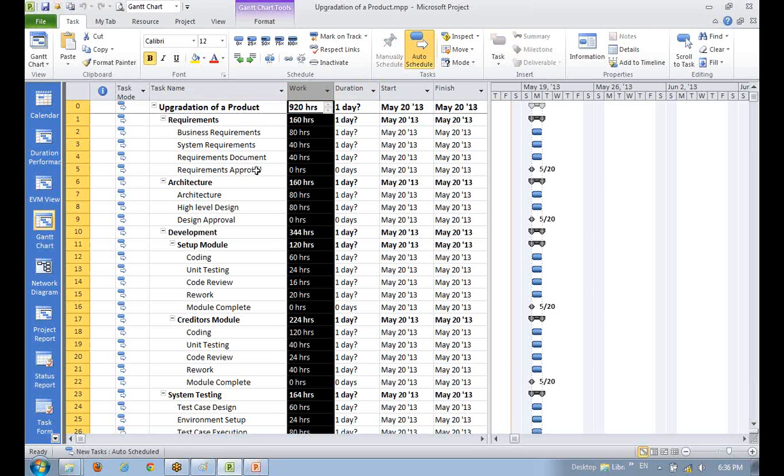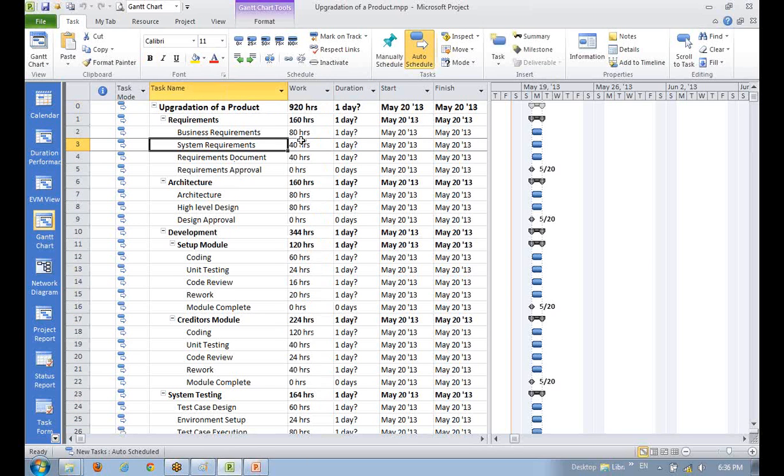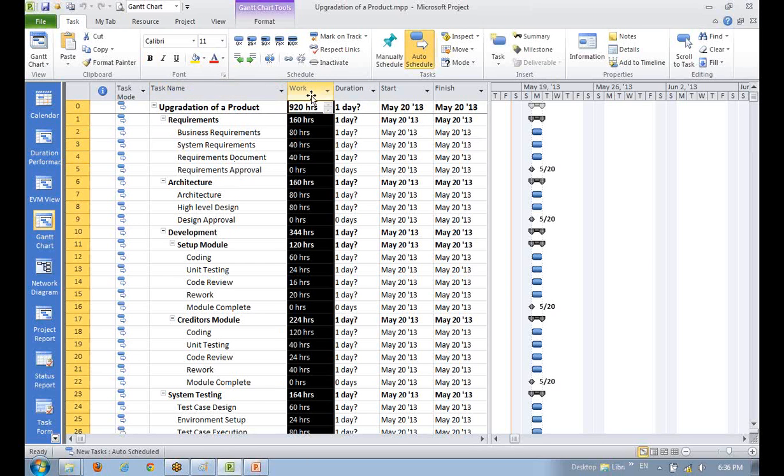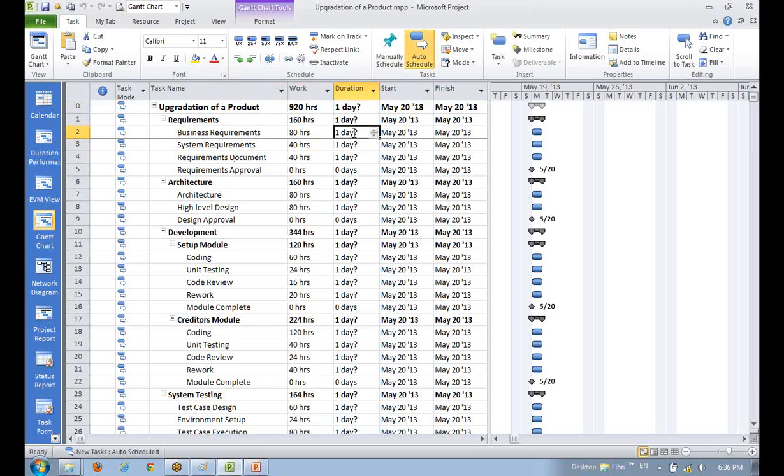It's just the reverse of that. Currently work is added. When you assign a resource, duration gets calculated. When you estimate in duration, we will add into duration, and when we assign the resource, the work column gets calculated by that.